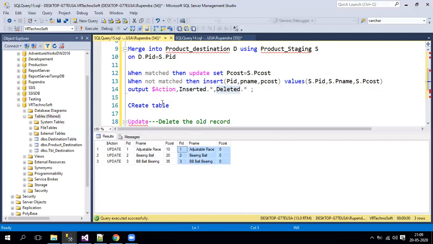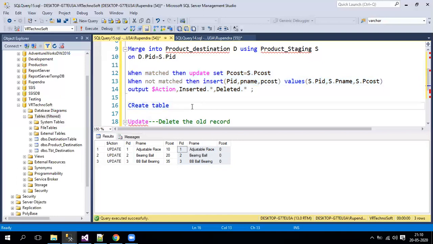So to store what exactly has been inserted or deleted, keep the column names like $action, pid_i, pname_i, pcost_i, which means these belong to inserted, and pid_d, pname_d, pcost_d. These columns are related to the deleted table. That is how we can represent it. Now we'll go on to create that table.